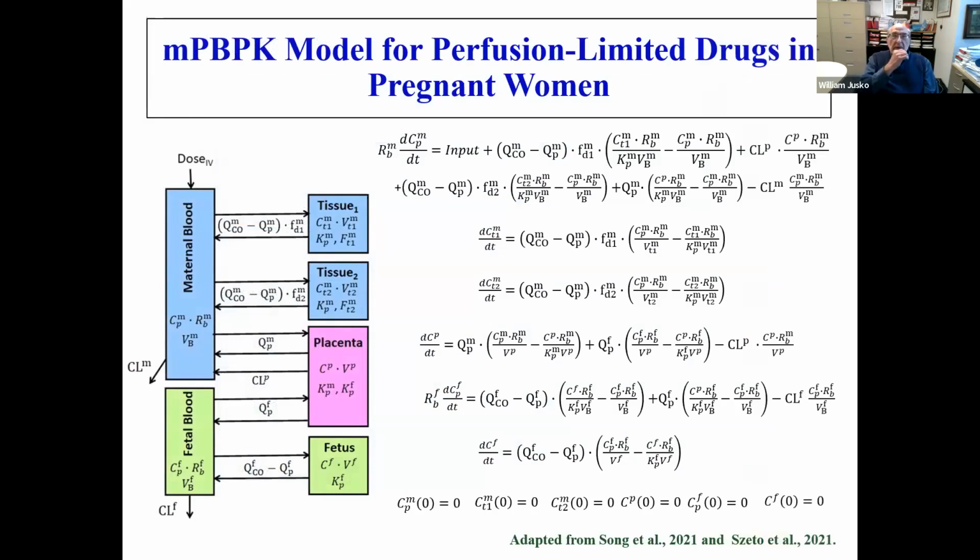So our, what we call a hybrid minimal model is pictured here. So what you see in the blue is the part for the mother. It is the same kind of model we used for dexamethasone in many different species, with the addition of blood flow, drug distribution to the placenta. The fetal part of the model is from Zhao et al., a recent publication in 2021. It's a more simplified minimal model, basically blood and a tissue compartment, but it also has Zhao's placenta component.